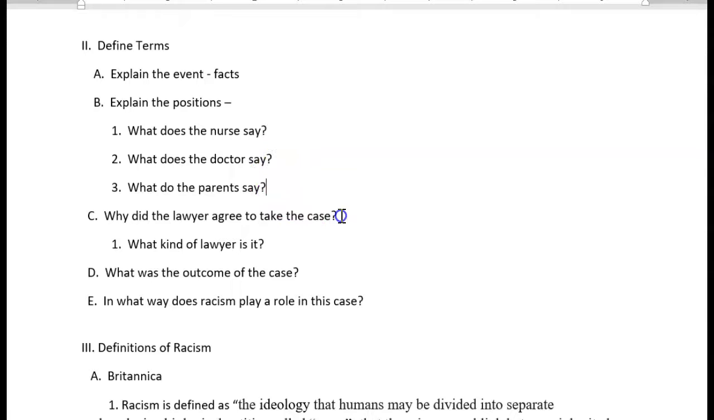And then next, why did the lawyer agree to take this case? And what kind of a lawyer was he or she? What was the outcome of the case? In what way does racism play a role in this case? Right? When you quote the nurse,